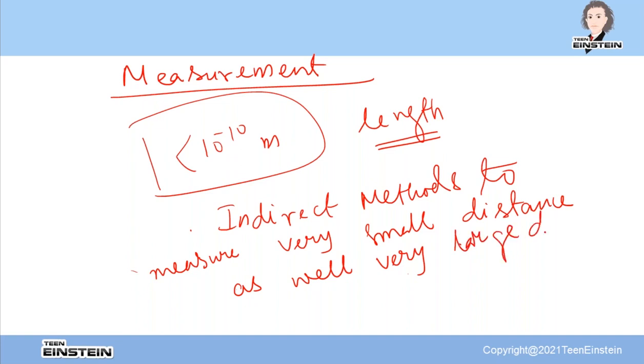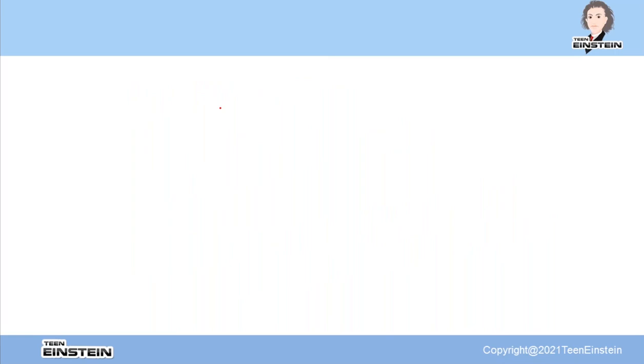But these methods are not the same; the same method cannot be used for very large and very small distances. There are different methods. I'll discuss that. Okay, so now look, if I have to measure the distance of a planet from the earth,